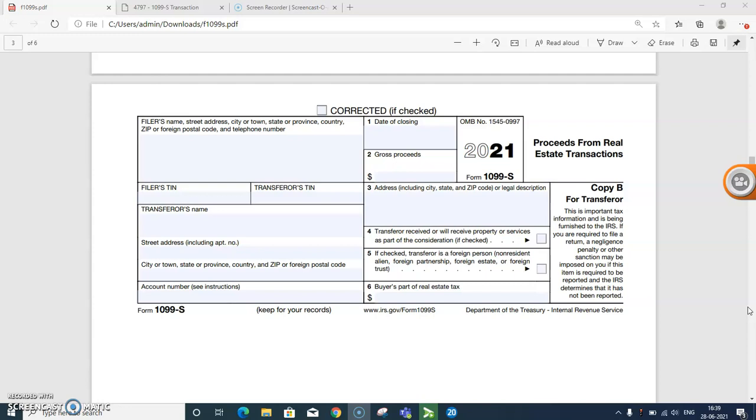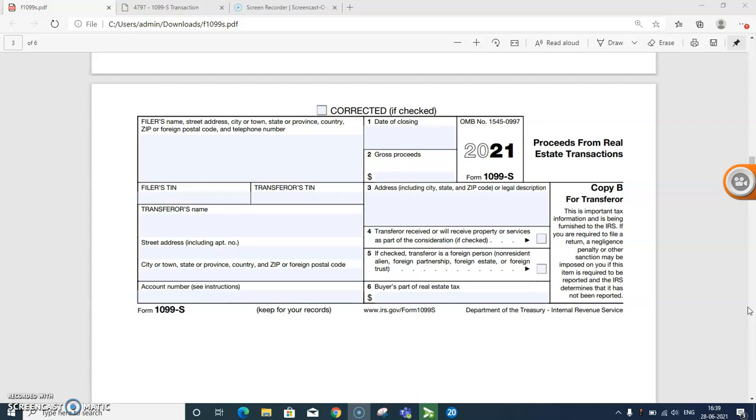Now coming to the seller's point of view, if you are a seller, then you file your own 1099-S because you have all the necessary information to file one tax return. In some cases, a closing may go through the title company, escrow company, or closing attorney, who will have the responsibility to file the 1099-S. A seller will also have to complete one 1096 transmittal form with all your information.